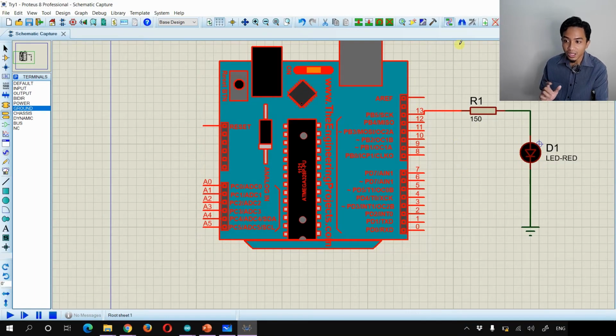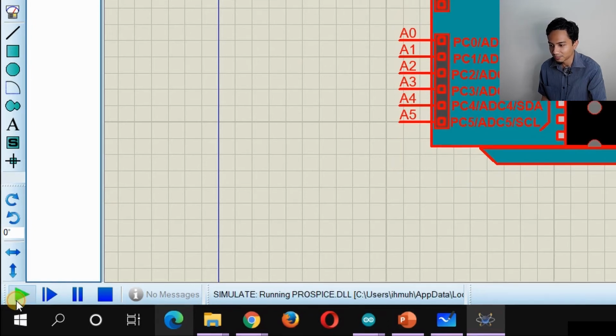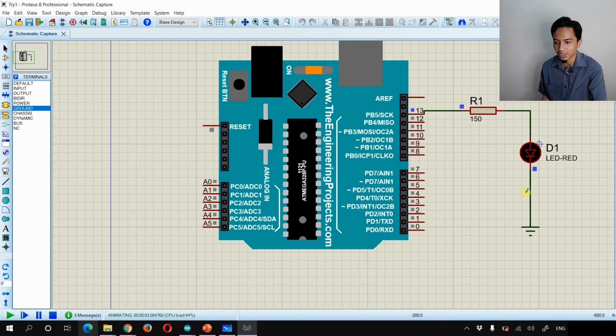So now it should have already been programmed by that hex file, and now we can test it by clicking the play button here. So here is the play button. Click this play button, this LED should light up. So let's try to play it. Okay, so as you can see here now, the LED is lighting up, blinking at 1 second every blink. As you can also see, when it starts to assign the high value, or on, that's why the LED is